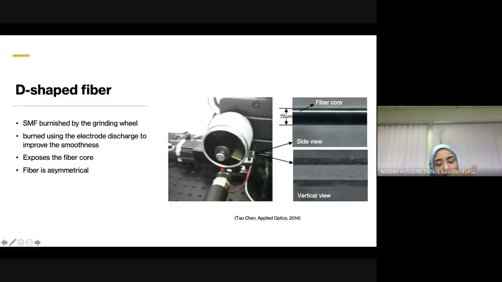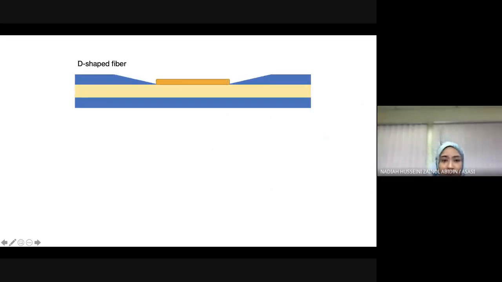The top part of that fiber, exposing the core. And this part of the exposed core is where you deposit your nanomaterial. It exposes the fiber core. The fiber becomes asymmetrical. Is that bad? I don't know. Maybe. So this is how a D-shaped